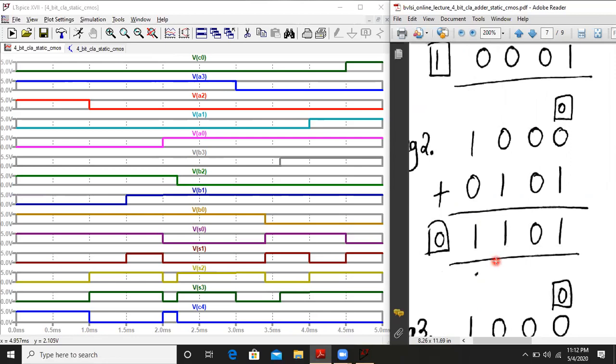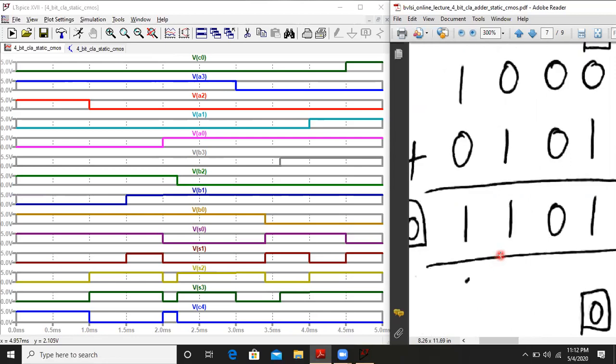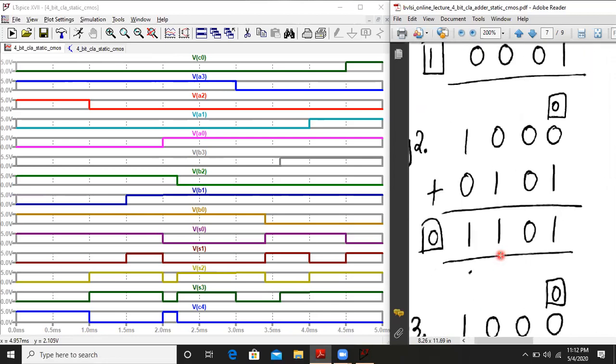So this is our example number 2. Example number 2 is valid from 1 millisecond to 1.5 milliseconds. I will just repeat the numbers now. First, A3 to A0: it is 1, 0, 0, 0.